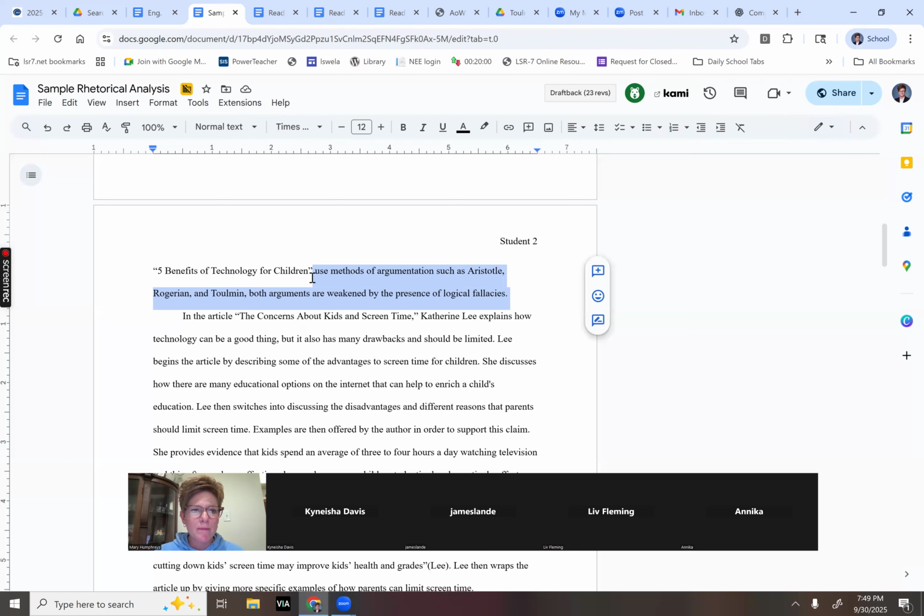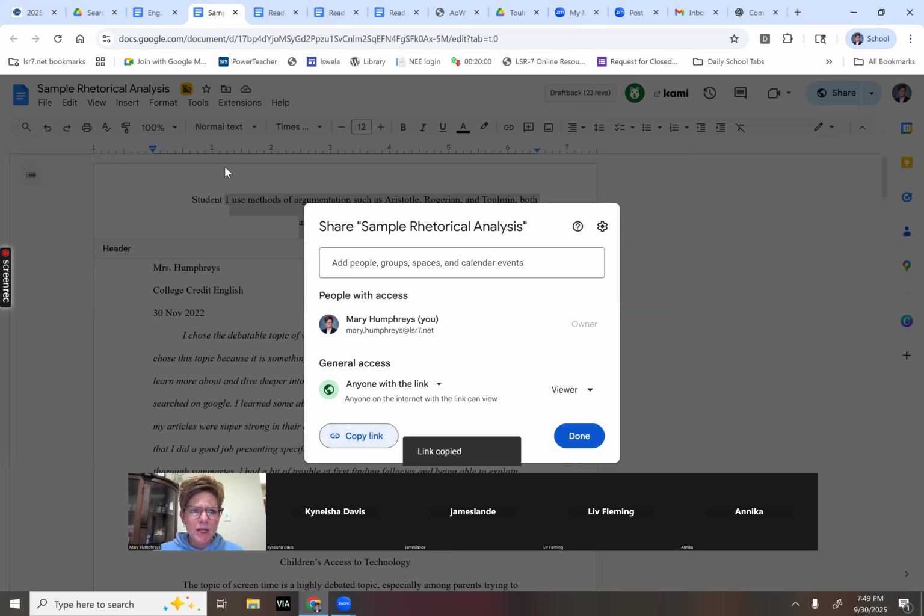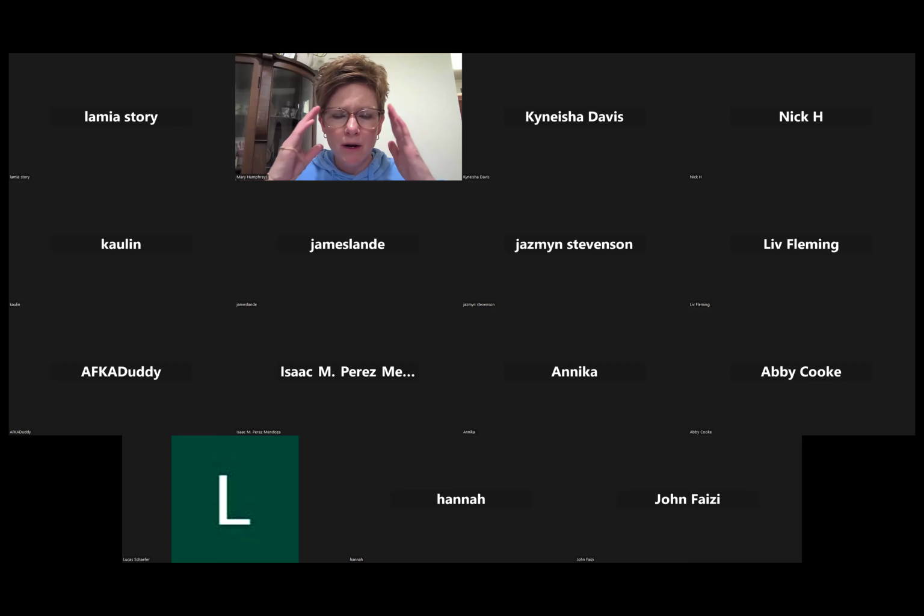So then I know within the paper, they're going to go in and start analyzing each of these methods of argumentation. So before you even choose a text to read, I'm going to put this sample in the chat, and I just want you to give it a read, and then let's come back and talk about it, because I think it's going to really help you focus in on, okay, yes, I can identify these elements, but then how do I write about it when I do find them? I think that's going to be the valuable part of our conversation after you read this sample, okay? So read the sample. Let's come back at 8:05, ready to discuss.